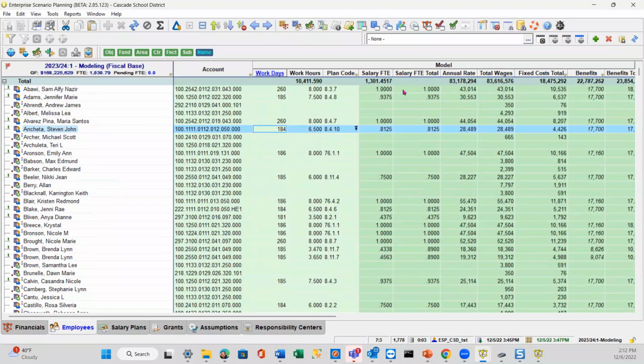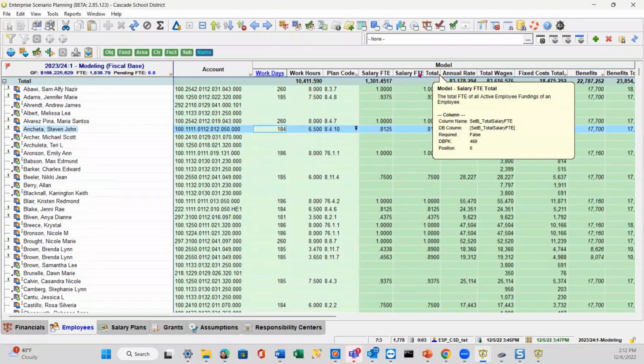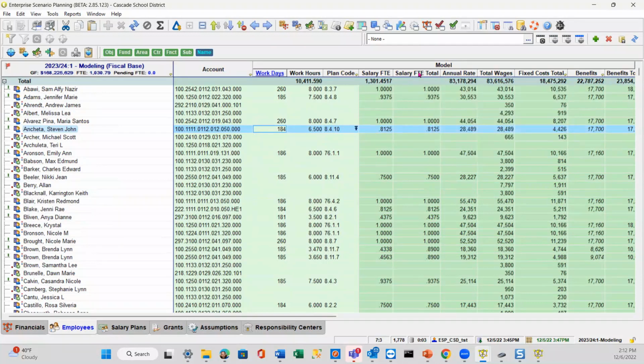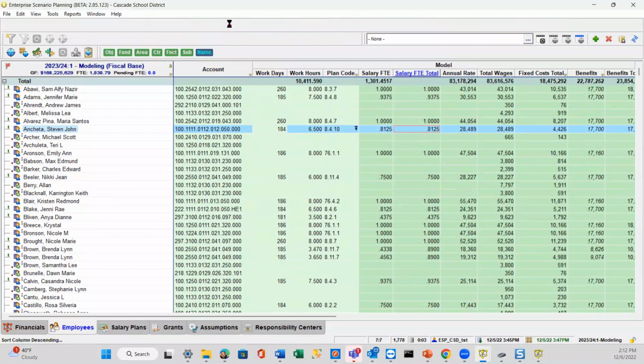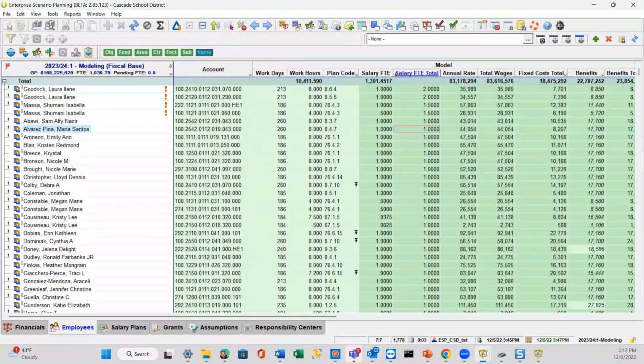So another big problem that I see is FTE. I'm going to sort on this FTE total column and see if there's anybody over one FTE. So I left click on it just to select it. And then I want descending. So it'll put the highest numbers first. So we can see